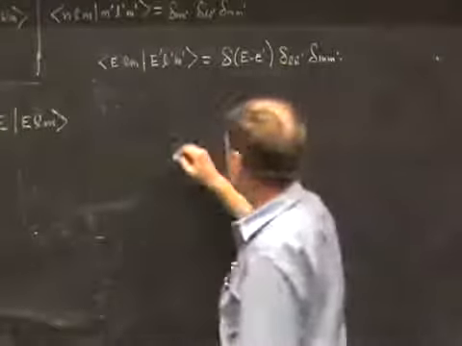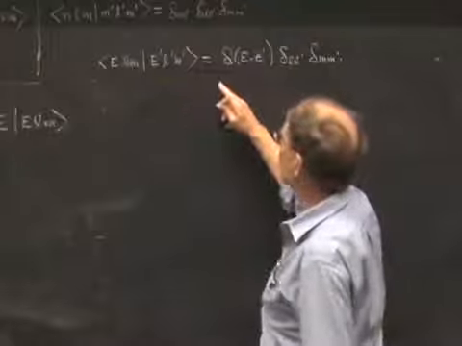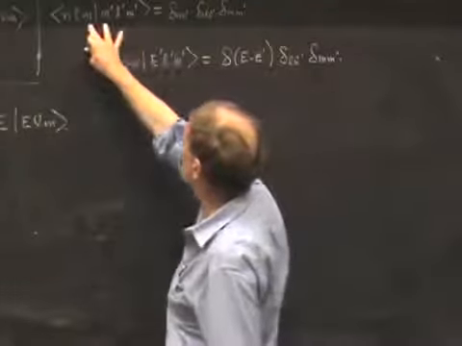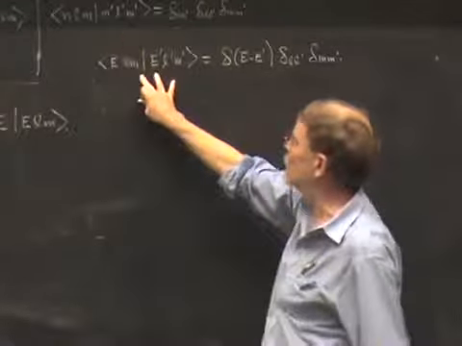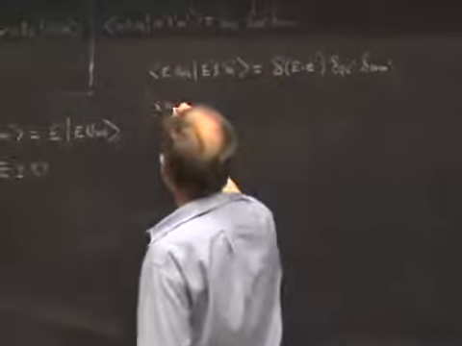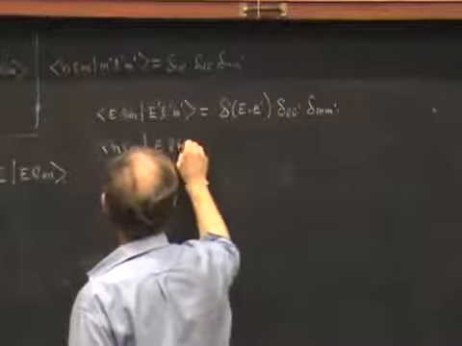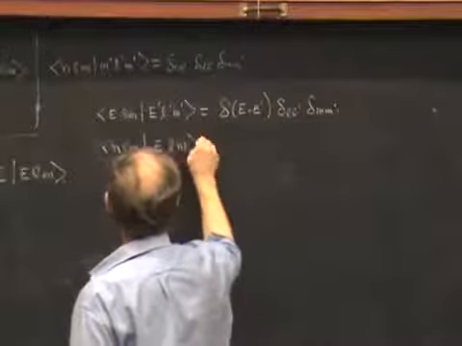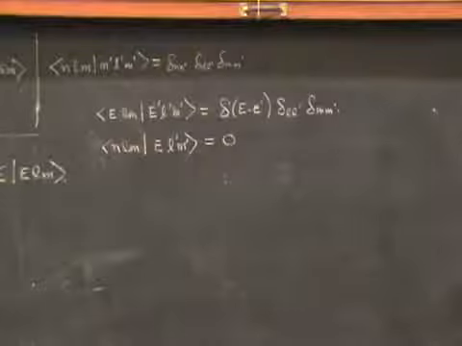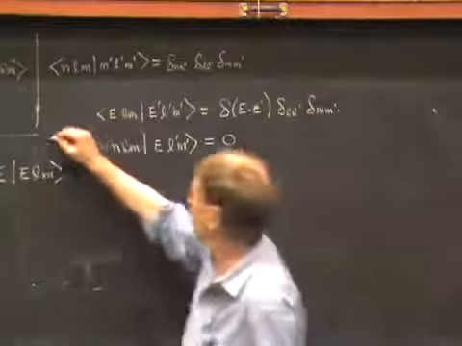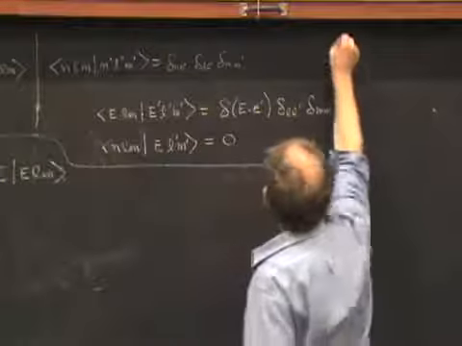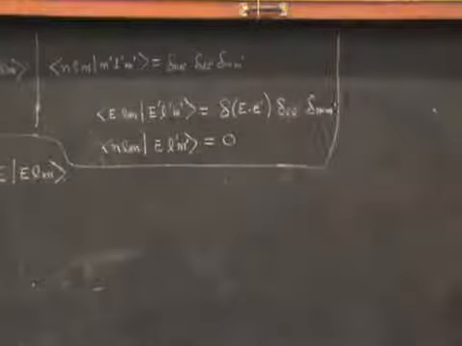And if you do this, then these are the orthonormality relations. Actually, they're part of them. Here are the orthonormality relations for the bound states. Here's for the unbound states. There's another one, too, which is that the scalar product of a bound state with any unbound state is 0. The bound states and unbound states are orthogonal. So, in three formulas here, these are the orthonormality relations.